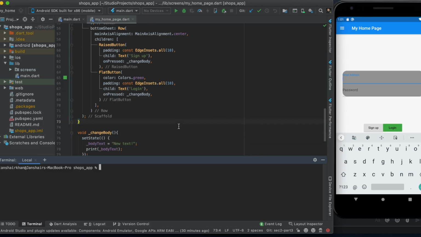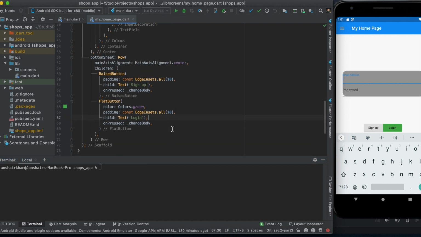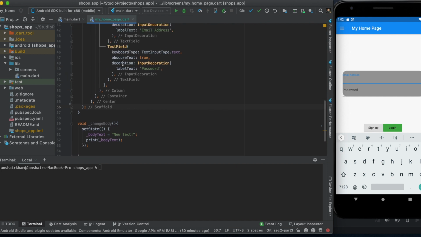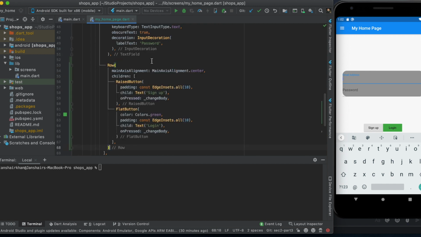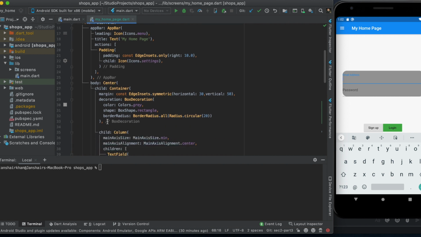Let's clean this up now and make it a bit better. So what I'm gonna do is remove the bottom shade. I'm gonna cut all the code and add it in a column, and I'm gonna remove the container because for now I'm not liking that